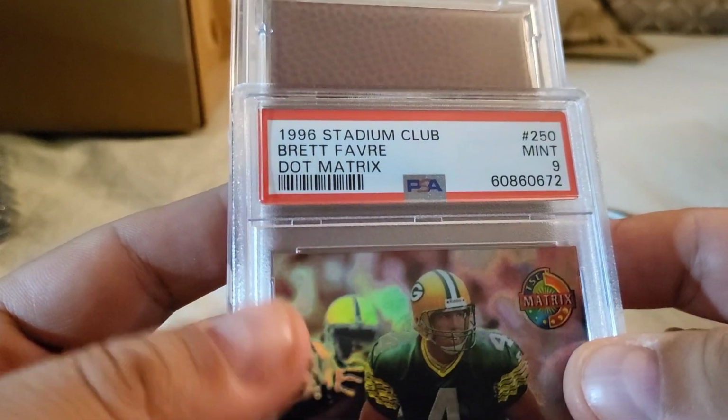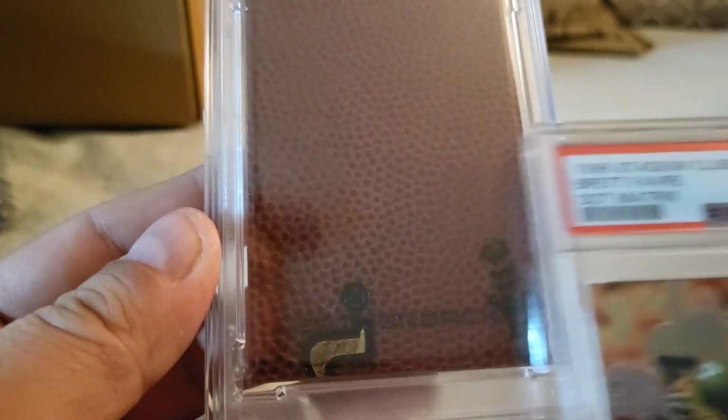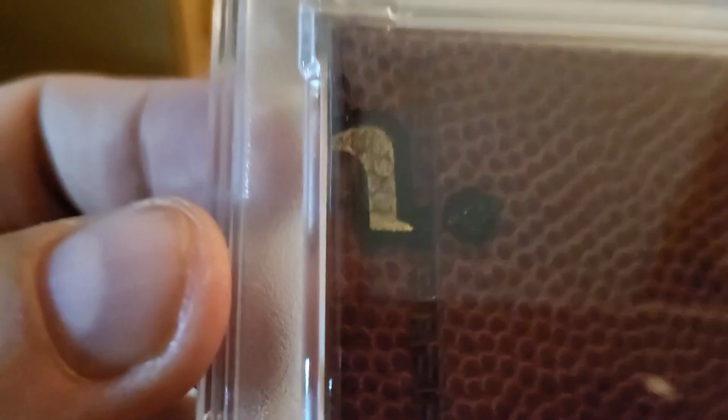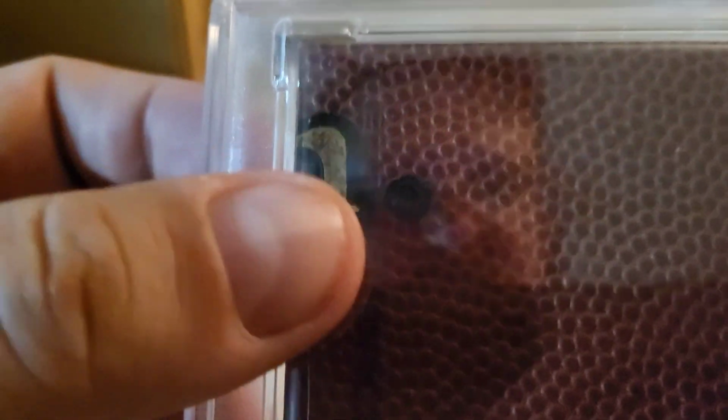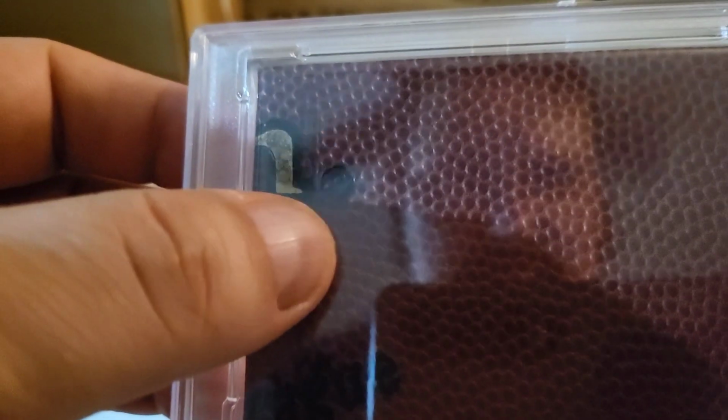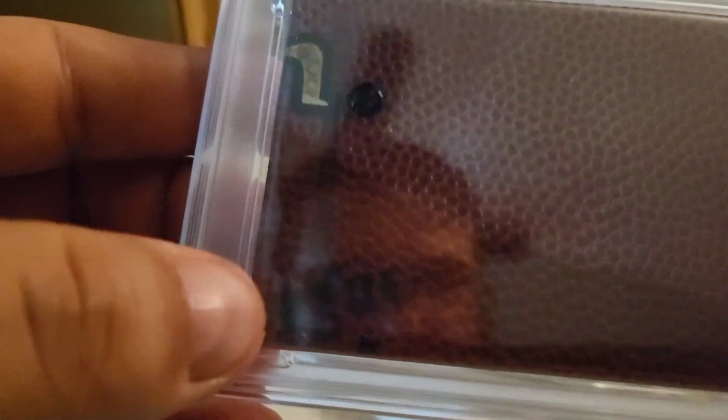Oh, looks like it's going to be just a solid panel of leather. Oh, look! We've got a little bit of the Wilson logo. Okay, that's nice. A little bit of the Wilson logo with the registered trademark on there. And we also have the end part of League where it would say National Football League. So kind of cool. That sort of authenticates it. It's definitely the Wilson football. And it's definitely the National League ball. And then it does have